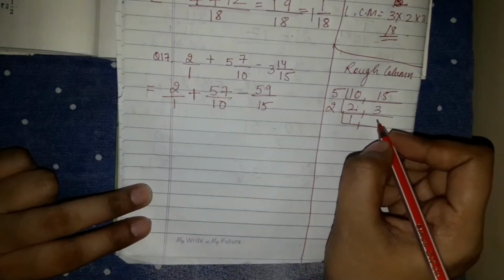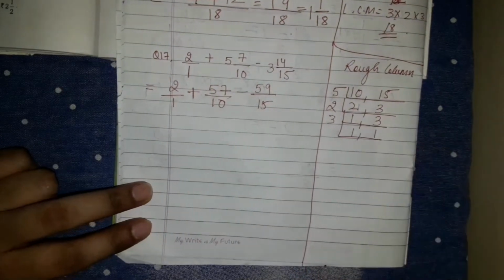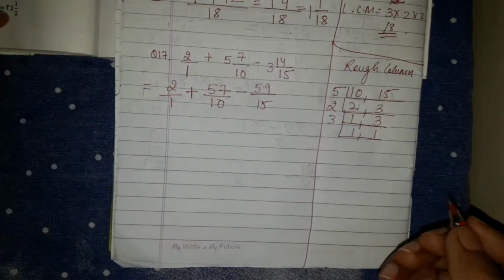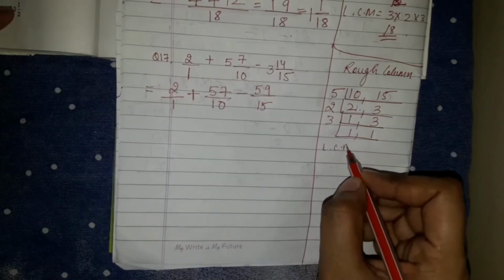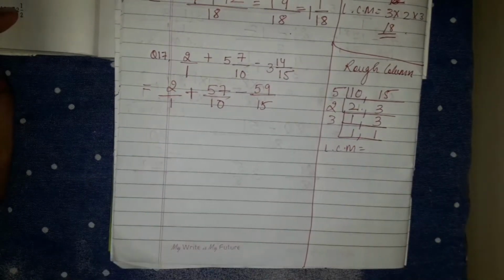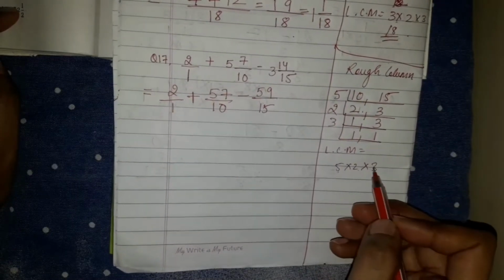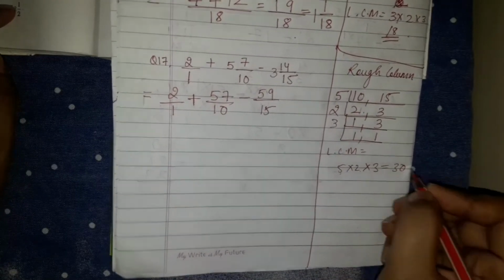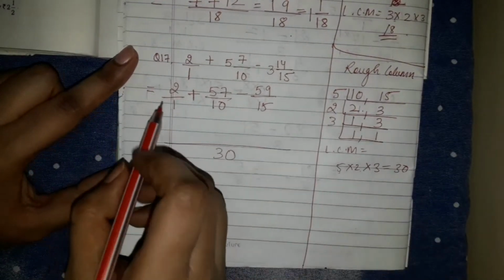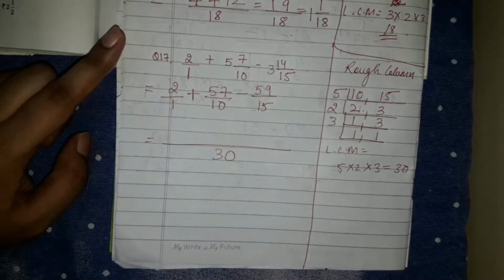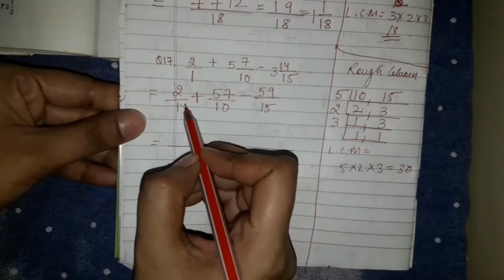1, and it will go how many times? Now till now you must be knowing how to take out the LCM. You should know. Let's take out the LCM. We know 5 2s are 10 and 10 3s is 30. Okay, so let's write 30 here, and let's see how many times this number will go in each denominator. This will go 30 times here.